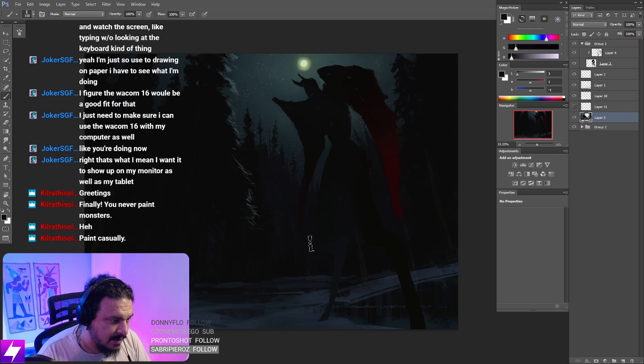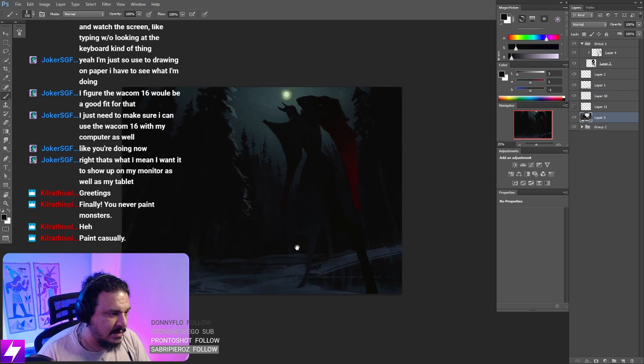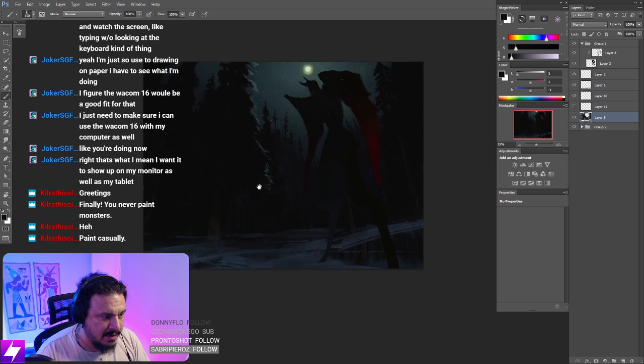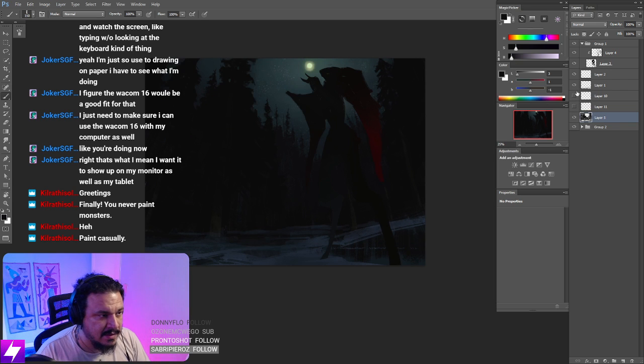This is all allowed to be dark. Now we've got notes for our tree lighting. That is on a different layer there. Let's do